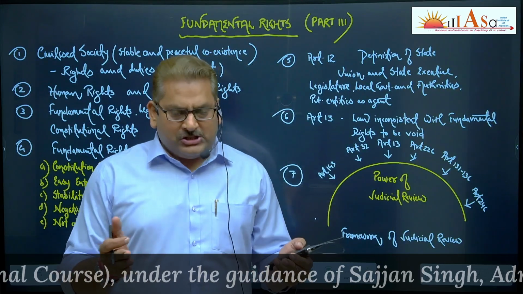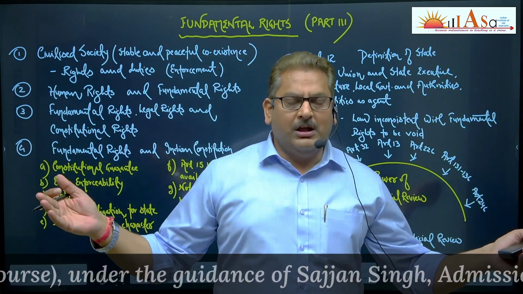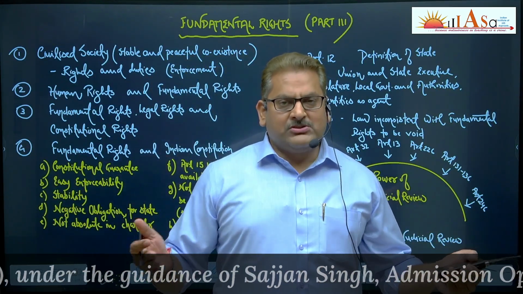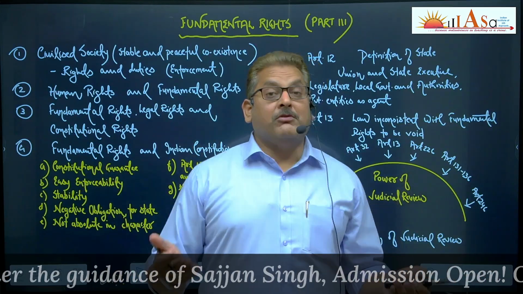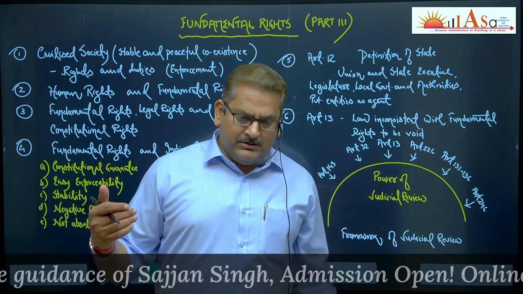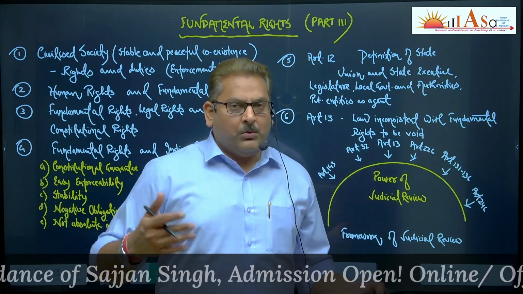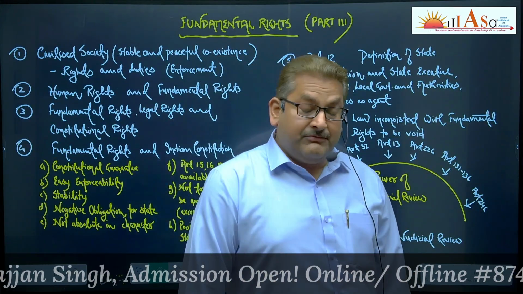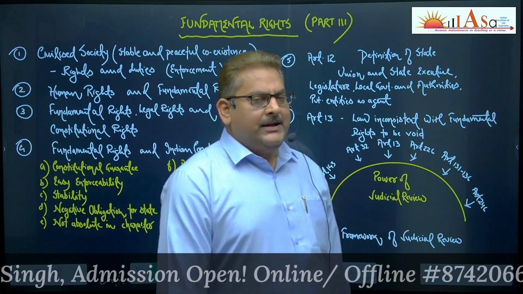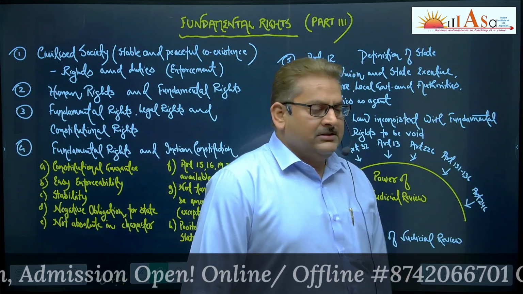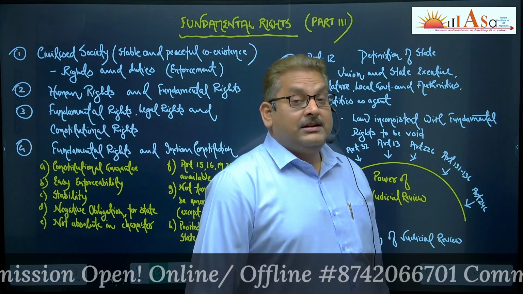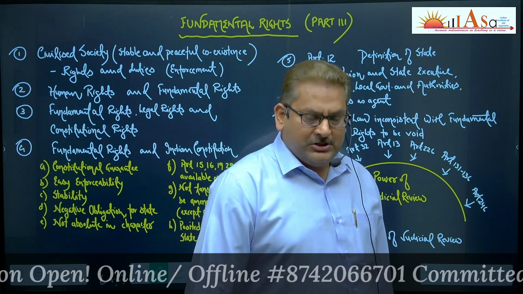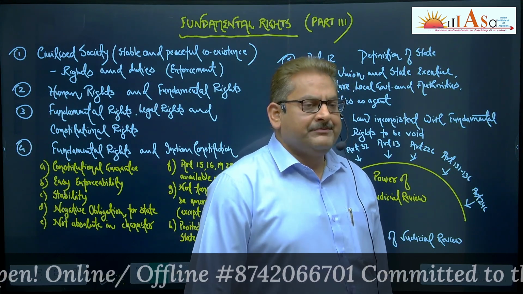So the scope of human rights has to do a lot with how the global community, societies, and different nations are evolving. Particularly, the more progressive the evolution, the wider will be the scope of human rights. You will recognize all those things over which every individual, every human being, has a claim by virtue of the fact that he is a human being. Clear? Human rights. Now come to fundamental rights.